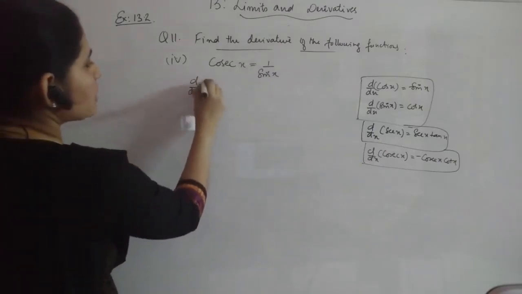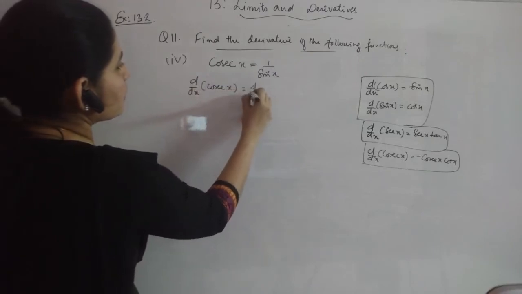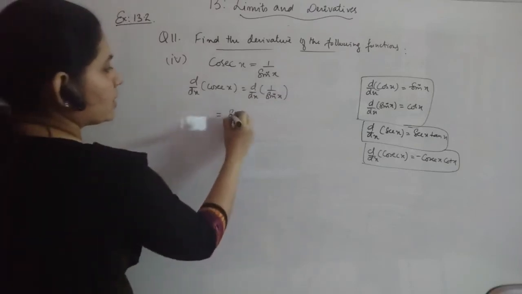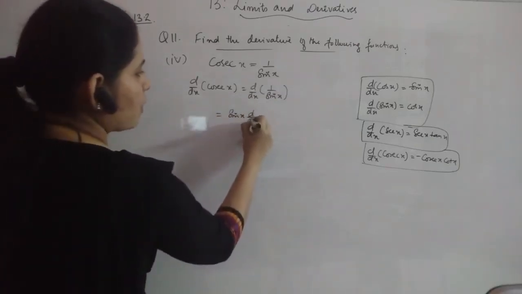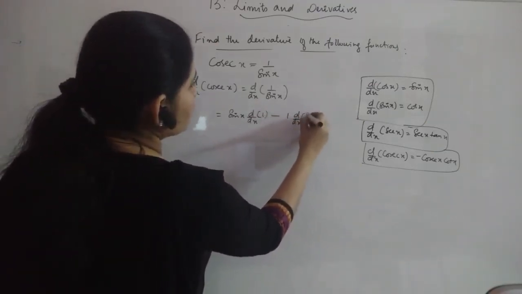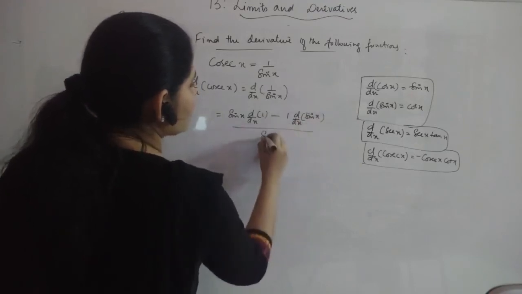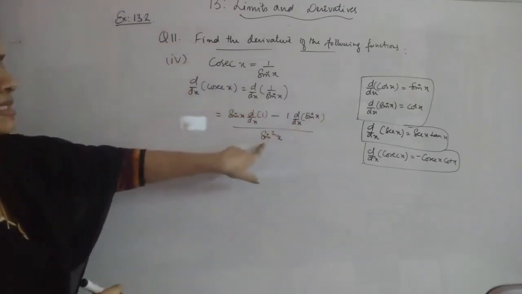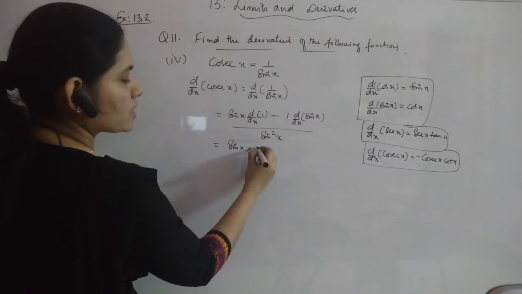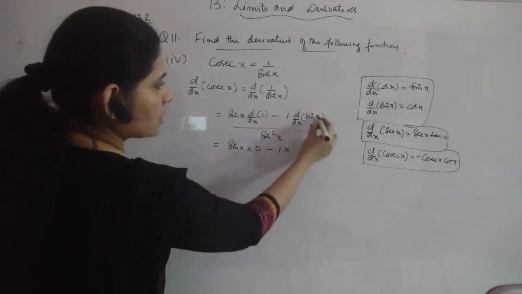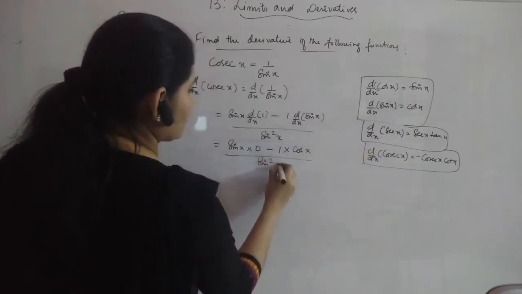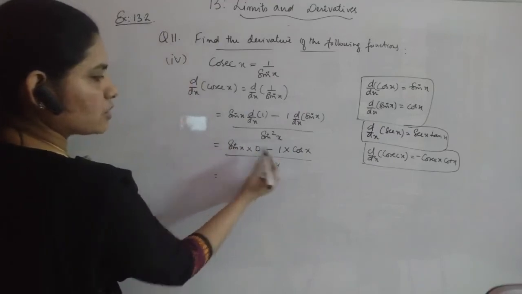So the derivative of cosec x will give you the derivative of 1 by sin x, and using the quotient rule we are going to find it out. Denominator, which is sin x, into derivative of numerator, that is 1, minus numerator into derivative of denominator, divided by denominator square. Sin x the whole square is the same as sin square x. Okay. Now sin x into derivative of 1, a constant, is 0, minus 1 into derivative of sin x, which is cos x. So here you are getting 0 minus cos x